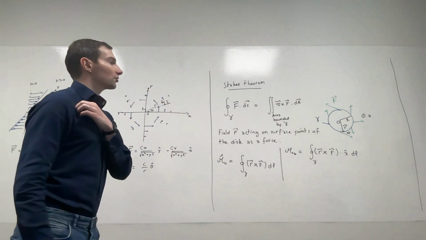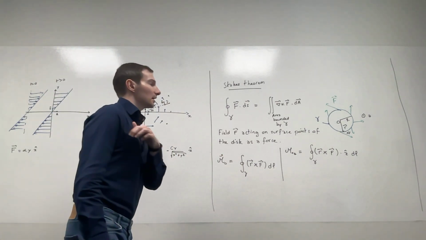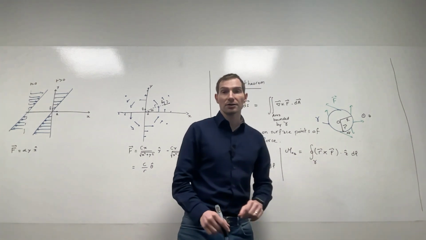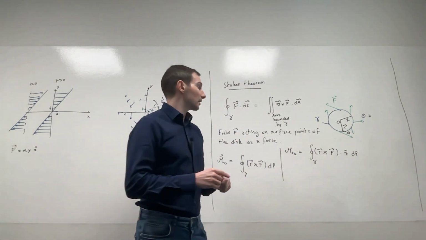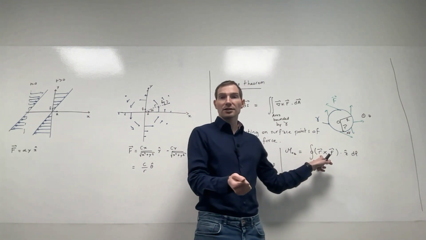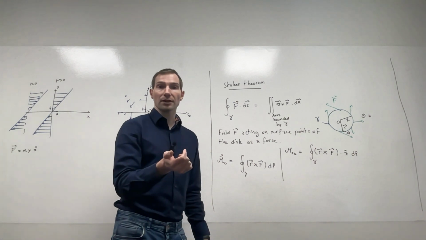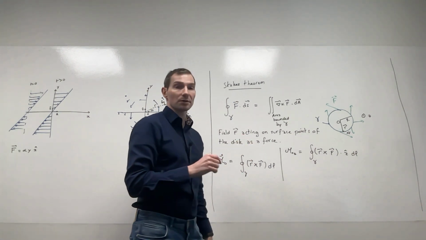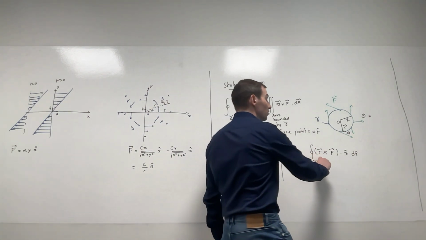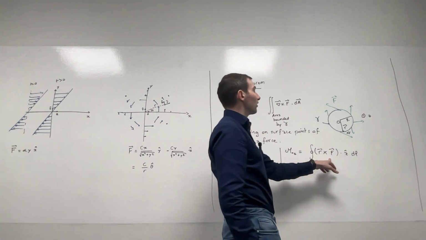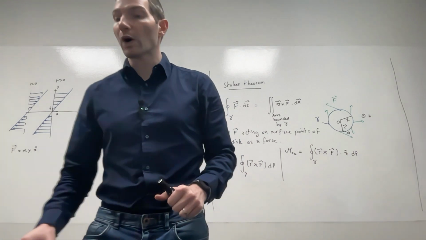And there is something interesting that comes up when you try to find out what the magnitude of r cross f is. You're going to see that r always takes the same magnitude. It's simply the radius of the circle, so nothing crazy about this. But then the non-zero contribution to the cross product has to stem from only one component